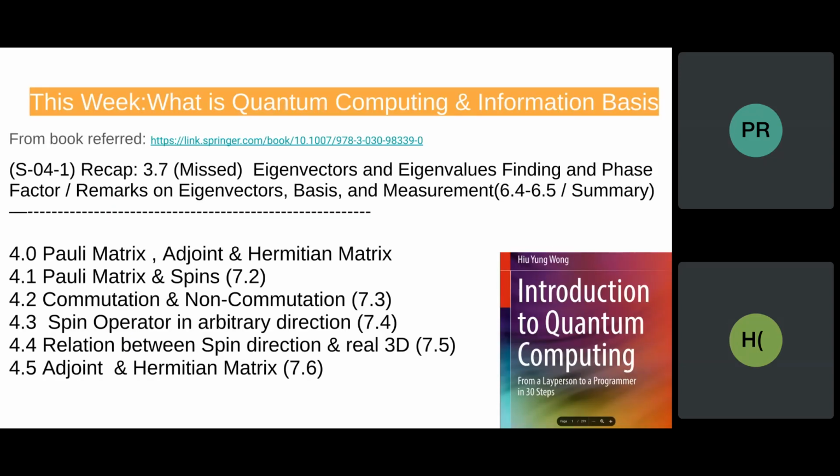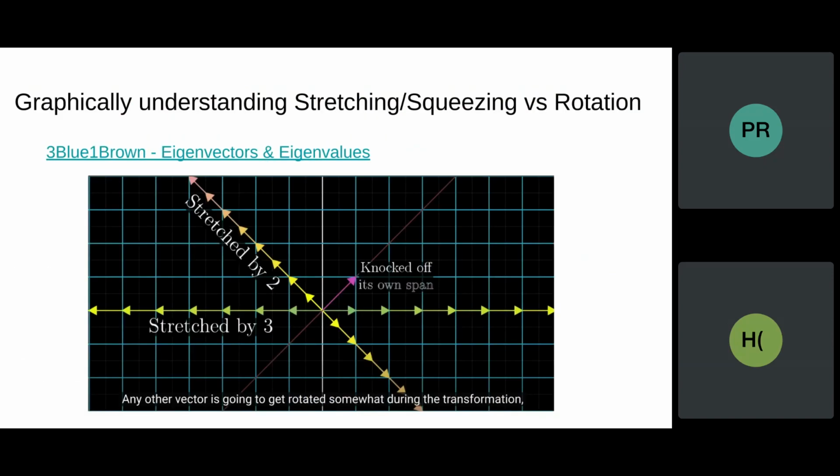I just want to recap from the last session 3. We had some items we had moved to session 3: eigenvectors, eigenvalues, finding the factors, as well as some remarks on the eigenvectors that are significant in the group. After that, let me begin with